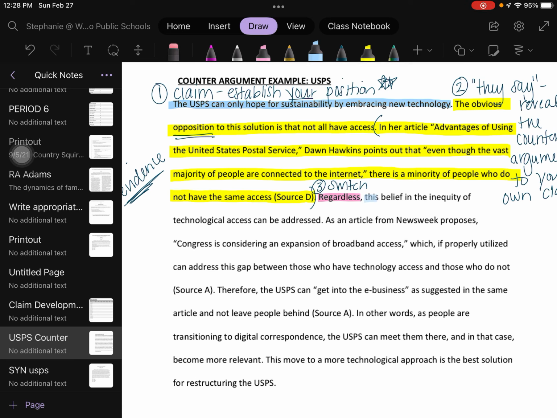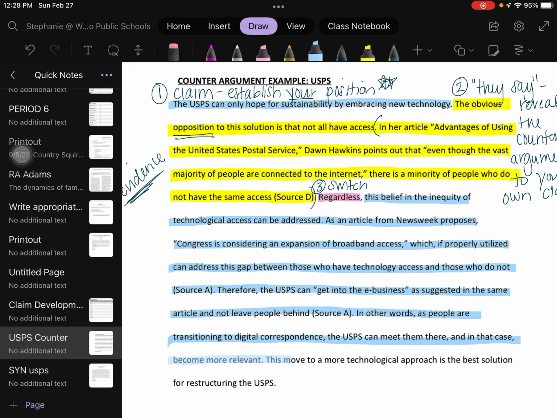Then the rest of the body paragraph, I'm going to quickly go ahead and highlight the rest in blue. This is where I'm refuting that idea throughout. We'll break it down a little bit more specifically. But I've presented the they say. This part, as you might imagine, this step 4 in a counterargument is the I say, where I'm going to point out my argument against what they say. All right? And again, this I say is going to go right back up here and connect back to the original claim that I set out.